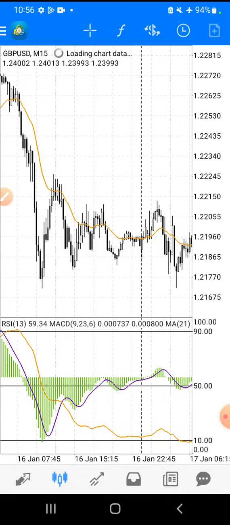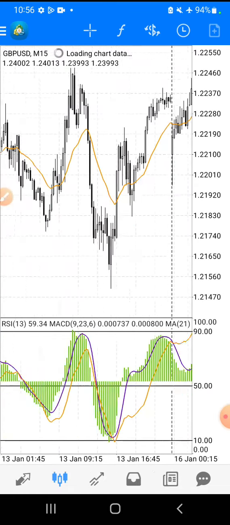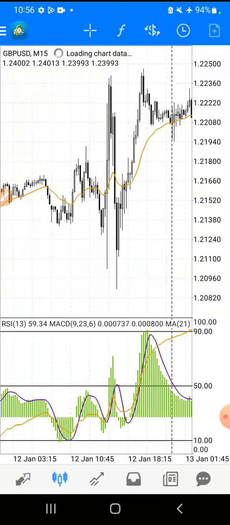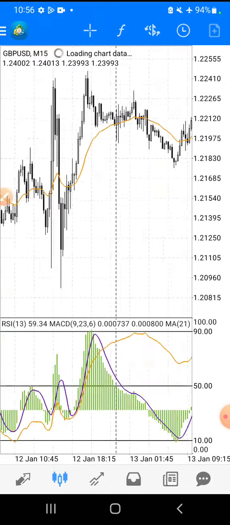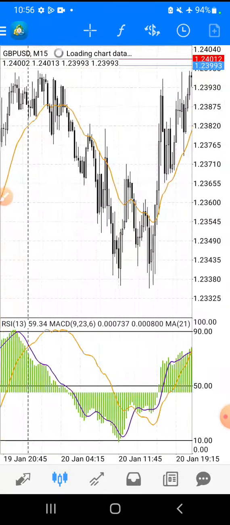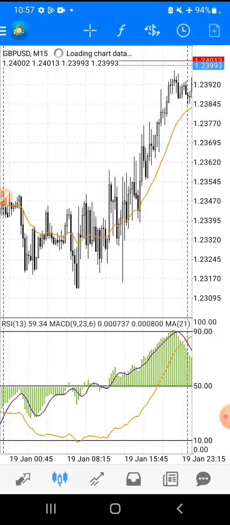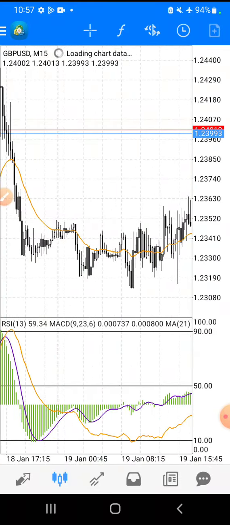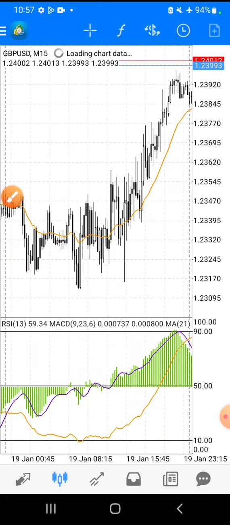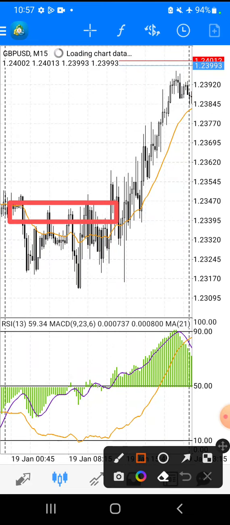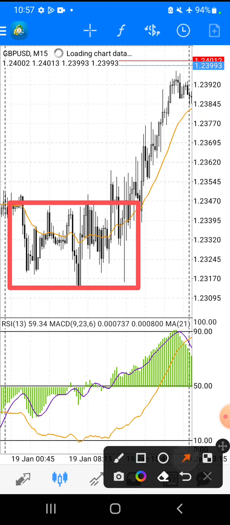I can't really find that position, but basically I just wanted to point out that even after the cross, the market might consolidate. I think it's this one, if I'm not mistaken. The market might actually consolidate for a bit before actually going in the direction that you would have predicted, or that the strategy would have predicted. You just have to have that in mind as well when you're trading.